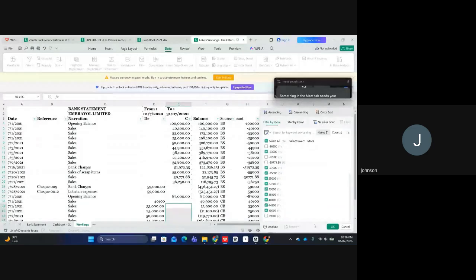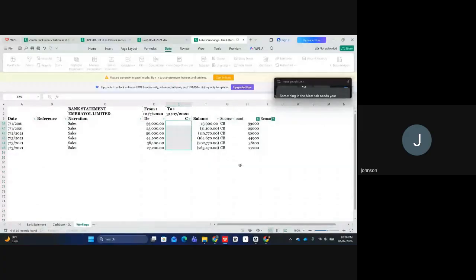So let's just click on OK. All these things match each other. So immediately we click on it, they just disappear. Now, the funny aspect is that I can't see